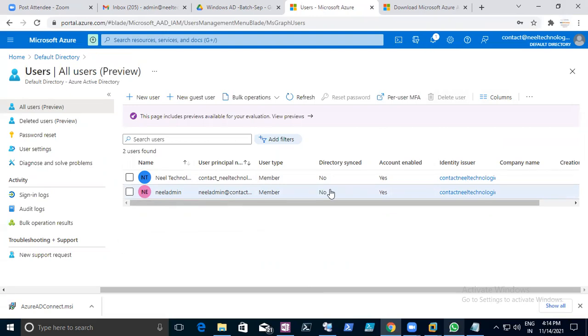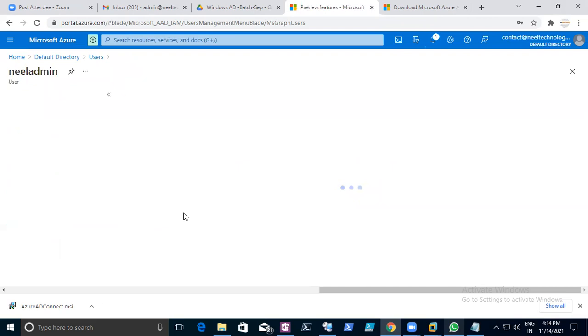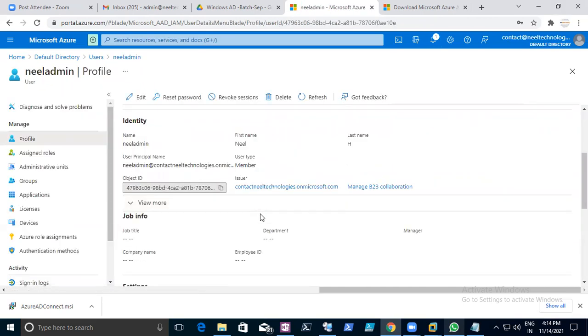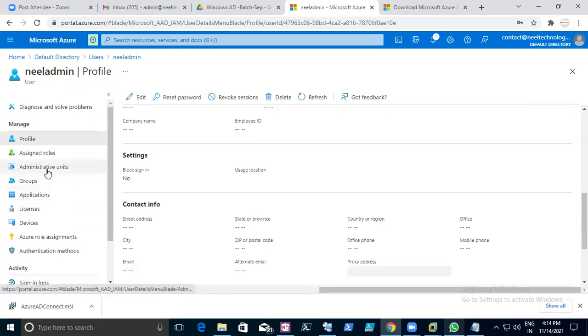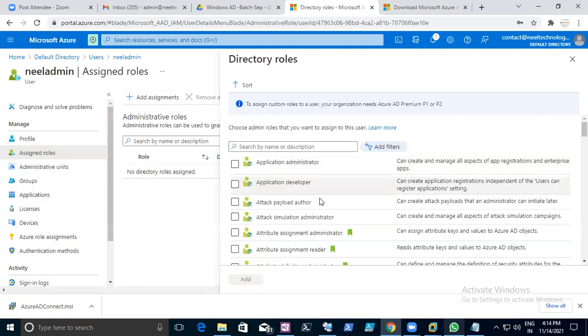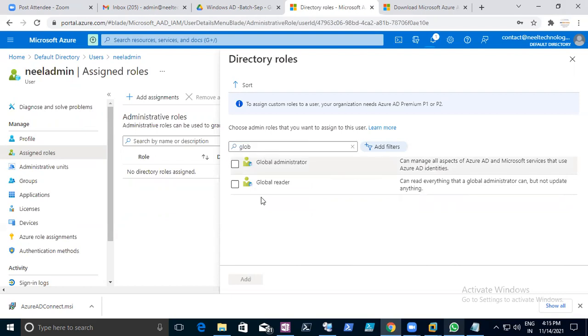member, right? How do you do that? Just go to the directory here, where it can be added or not, with permission. Administrator assigns the role. Add assignment. You can say global administrator, right?